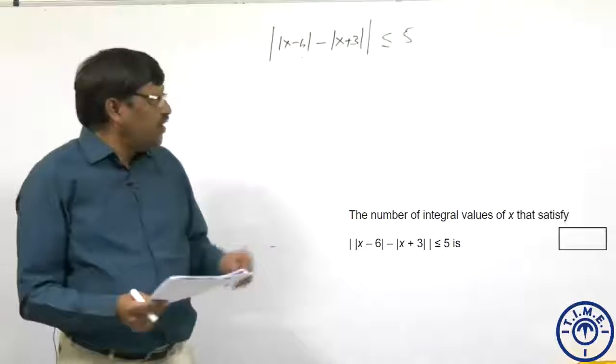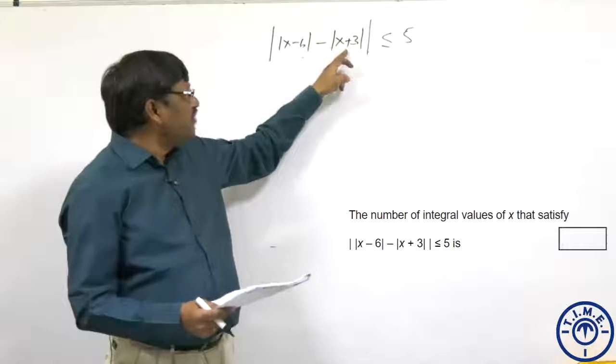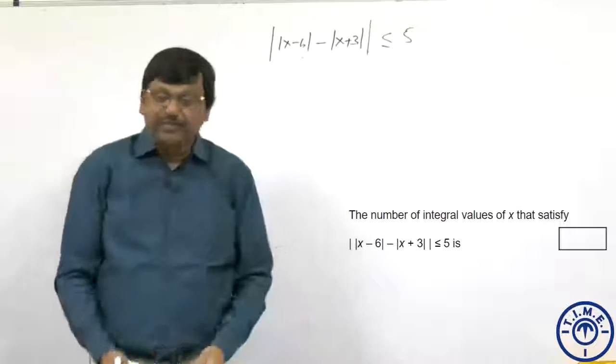The number of integer values of x that satisfy |x - 6| - |x + 3| is less than or equal to 5. Now,